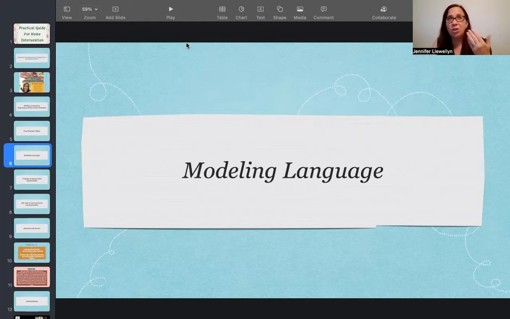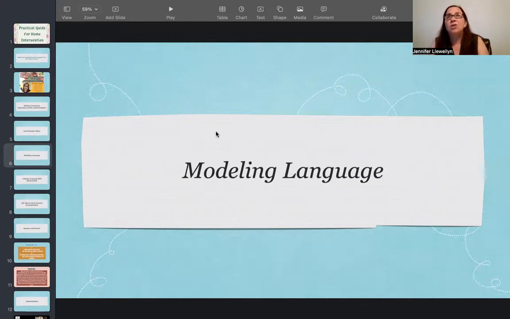And then eventually you want to be able to have them make a choice. If you hold up two items, do you want this or this? And then you teach them to make a choice. And you have something they really want and something they absolutely don't want. And then if they pick the thing that they don't want because they don't understand choices, then you have to make sure that that's what you give them, even if that's not what they really wanted. So those are some ways that you can set up a language-rich environment,